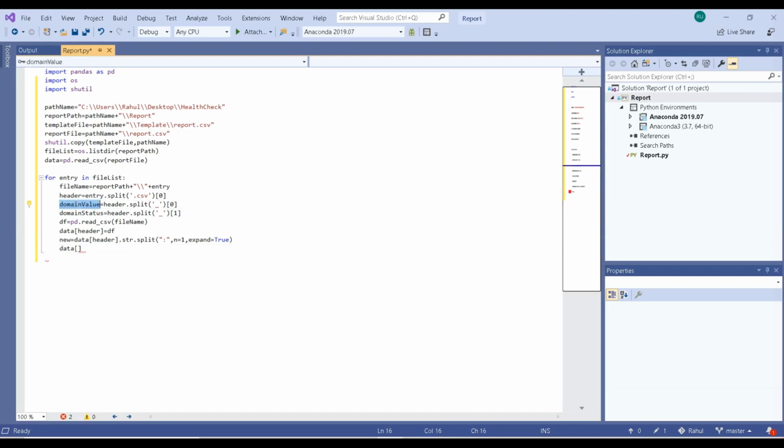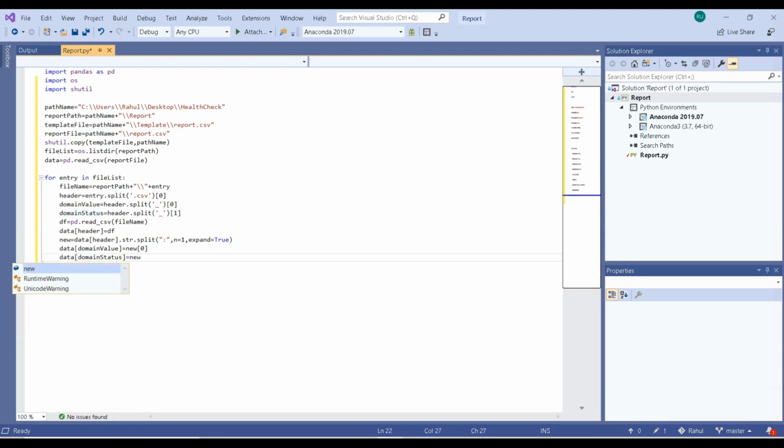So this should be the next column equal to new of 0. So here we are going to split all the values, right? Using the delimiter colon. So it will be having two values. So the first value should come to domain value and the next value should go to domain status,